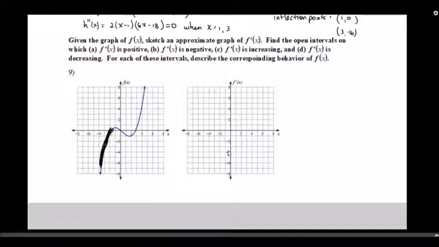And so if you look at part A, we need intervals on which f prime is positive. Well, this part of the graph right here is increasing. Also, this part of the graph right here that I'm highlighting, that part of the graph is increasing. So to answer part A, we could say f prime of x is positive, or greater than 0,